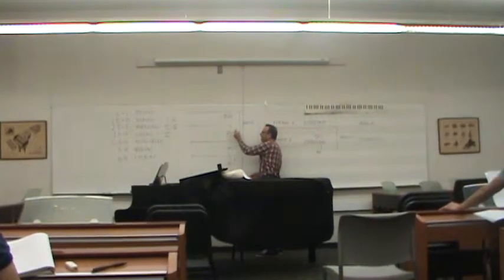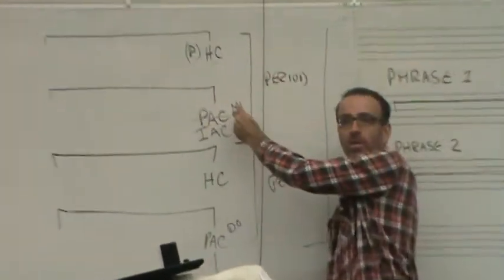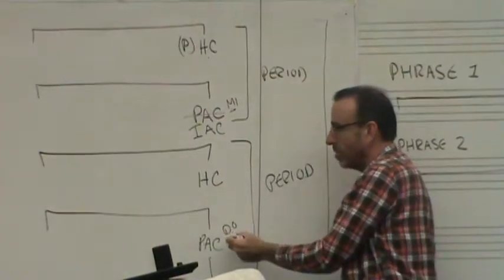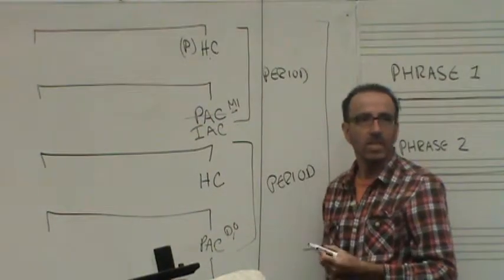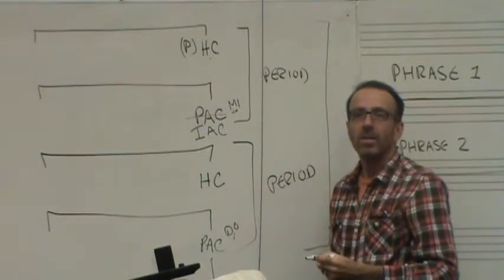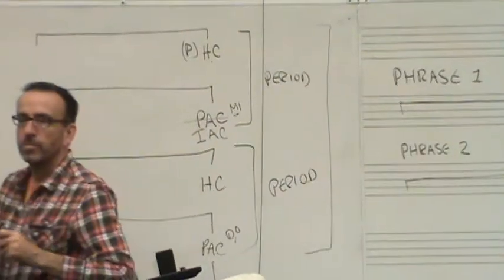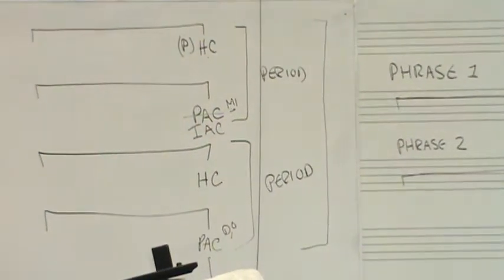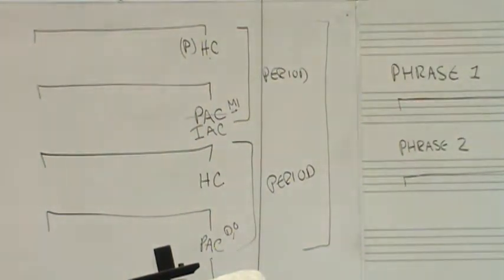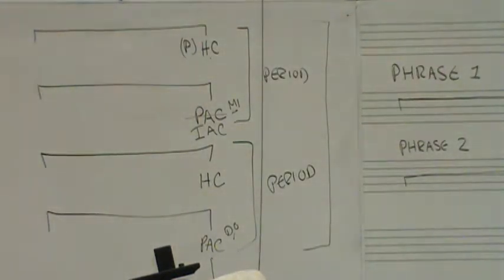Or authentic cadence, but ending with me in the melody, and then half cadence, and then perfect authentic cadence, really final sounding and done. That's not really my question. I'm trying to determine if it's two periods versus a double period. But the double period is a contrasting double period, so then how do you decipher it? Well, it's a double period,